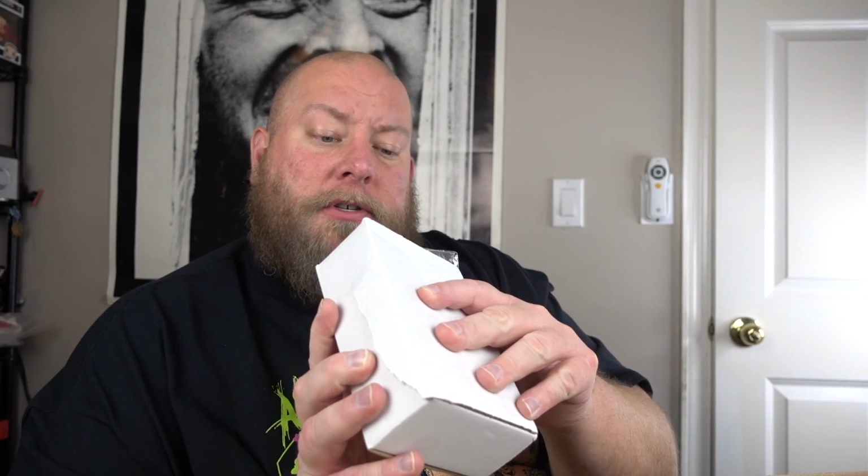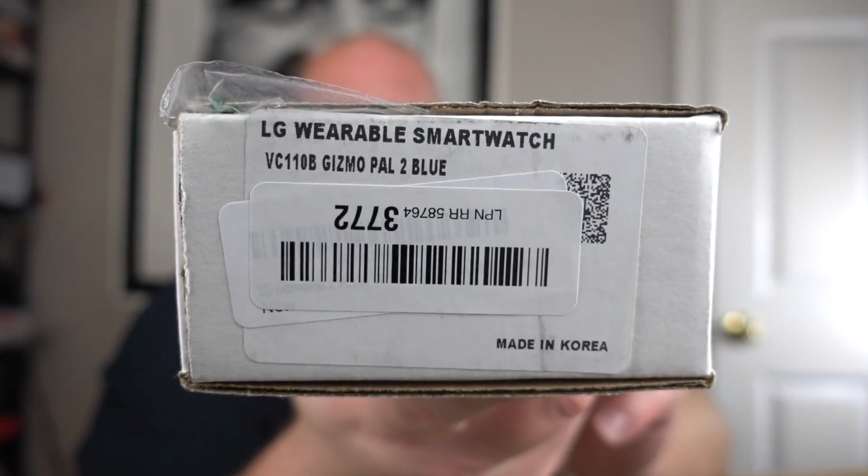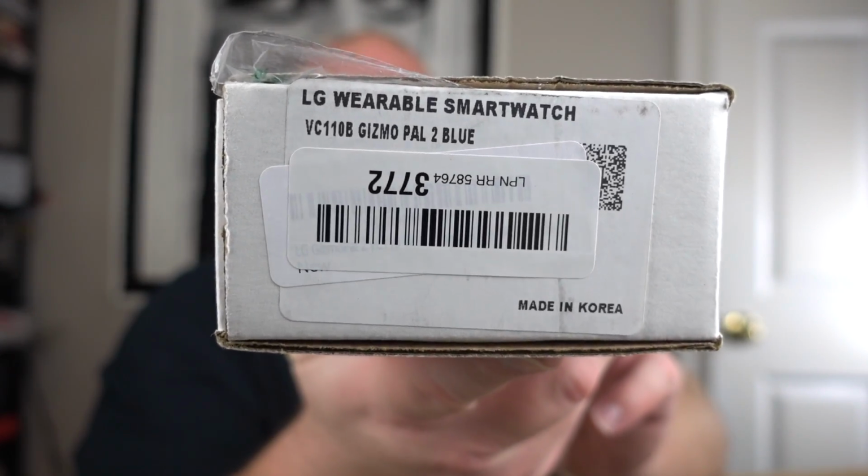What is this? A piece of paper or something? Oh, it's half-used screen protectors. That's junk. Throw that away. Next. LG Wearable Smartwatch. Whoa. I'll show you the label right here, before I open it up. It feels very, very light. If there's a watch in here...